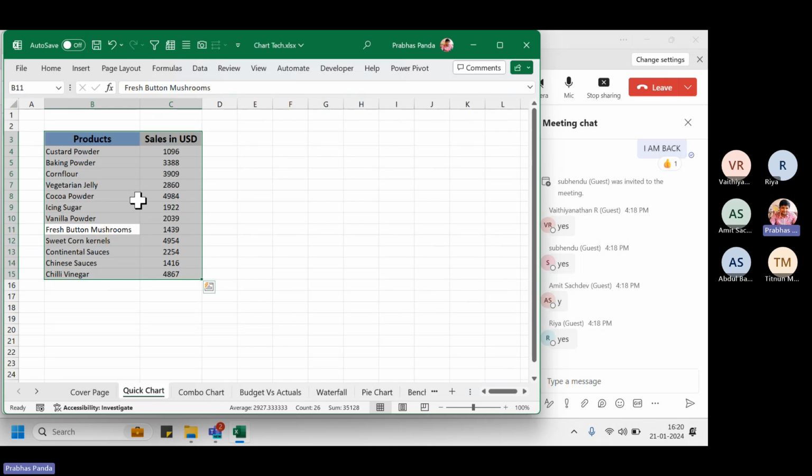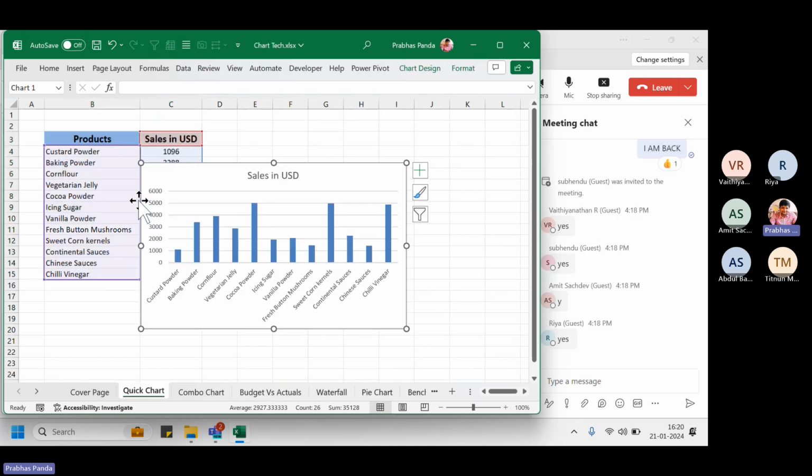pressing the keyboard shortcut Alt F1. When you press Alt F1, you'll get a quick chart immediately on the screen. If F1 is not your direct key, use the Fn key with Alt F1. So I believe you are getting your chart ready. Yes, right. Now, when I got my chart, you could notice